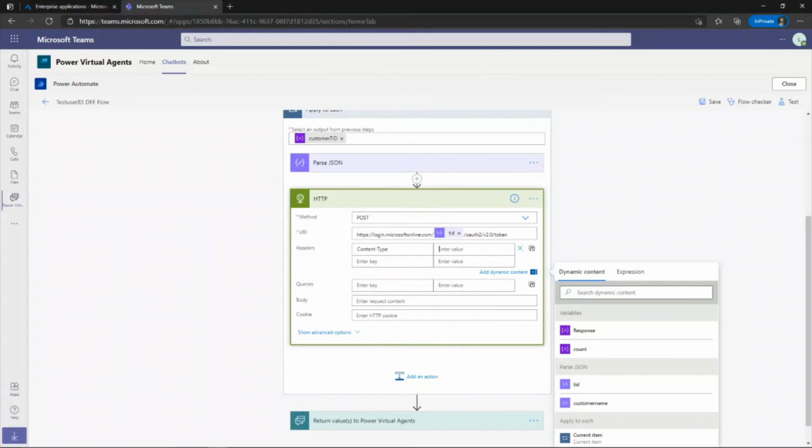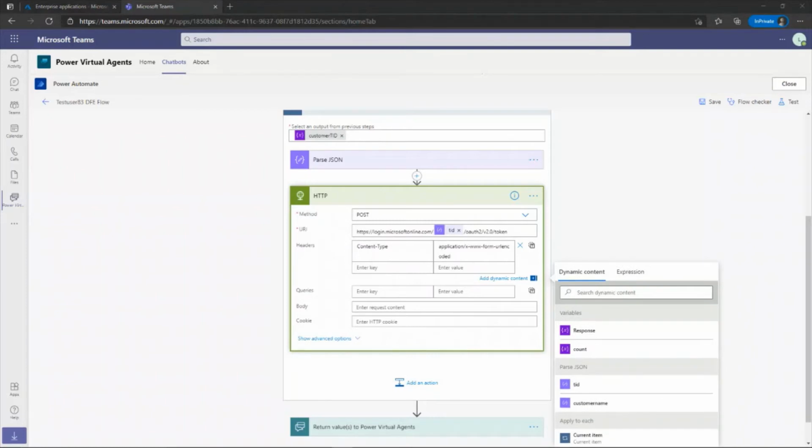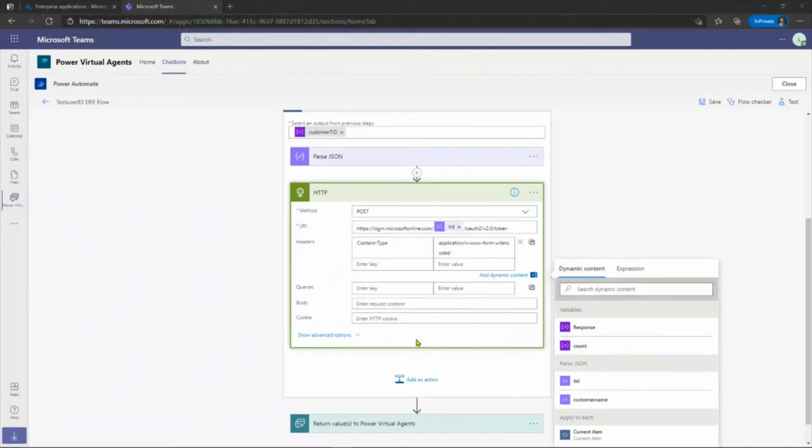And you just grab this. So this basically tells this request what format our body is going to be in, and we're using the URL encoded, and now we want to copy and paste the body,